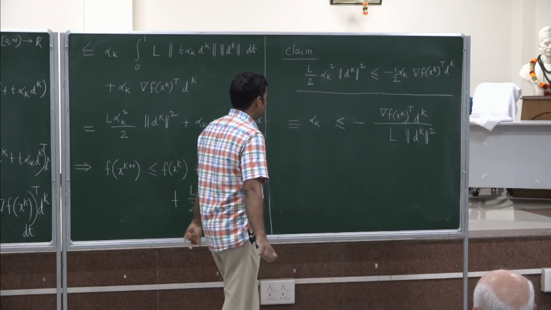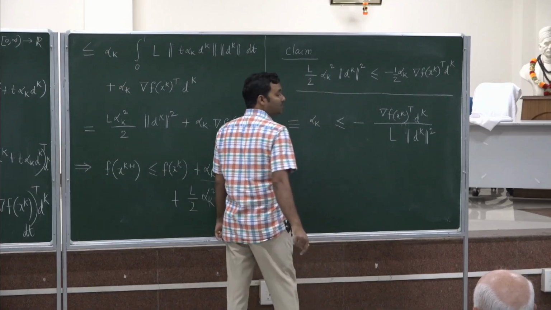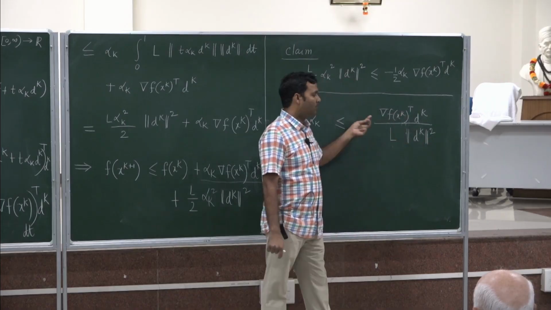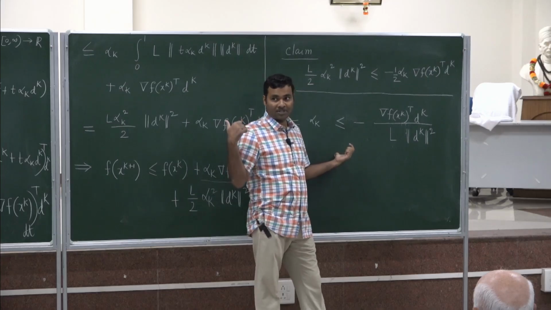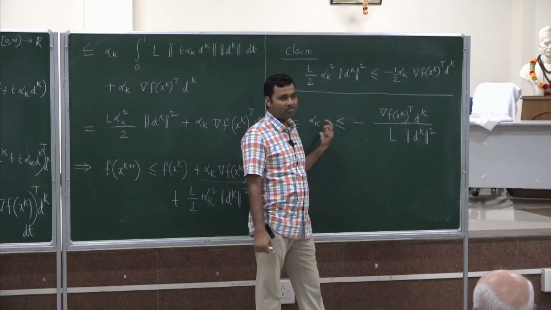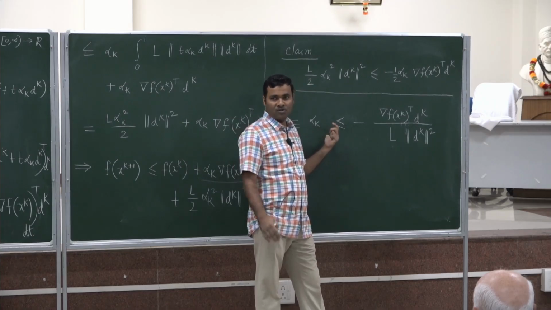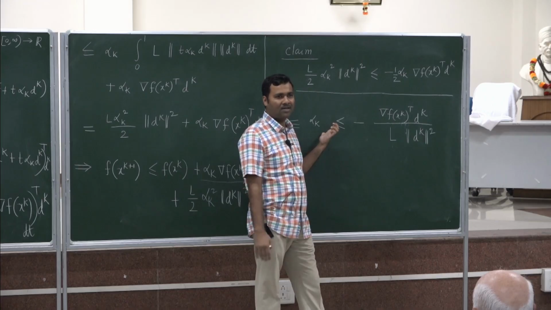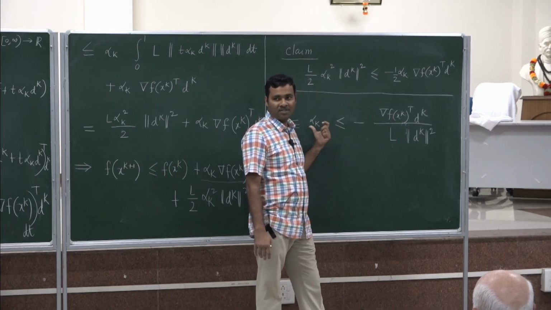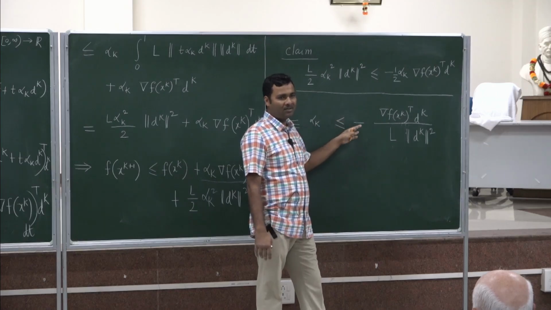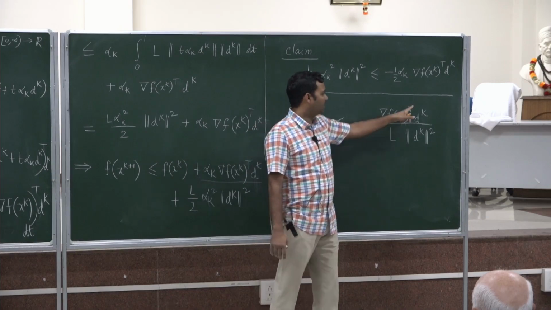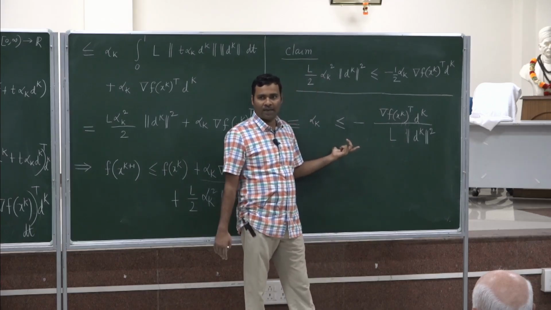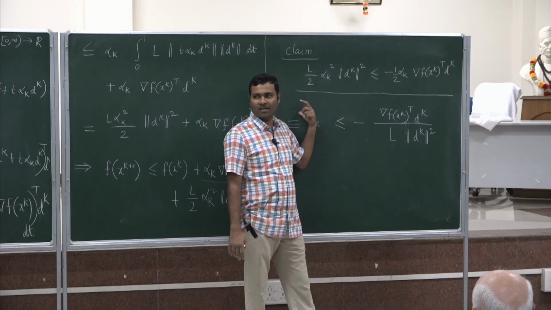Now, we notice that this is indeed true because alpha k is tending to 0. Why indeed true? I will show that this portion is bounded below by a constant due to our assumption, and alpha k as tending to 0 is obviously then eventually less than a constant. Alpha k tending to 0 means after k is larger and larger, this alpha k will be smaller than any constant you take up. So, we will show that this right hand side portion is greater than equal to a constant after certain value of k,